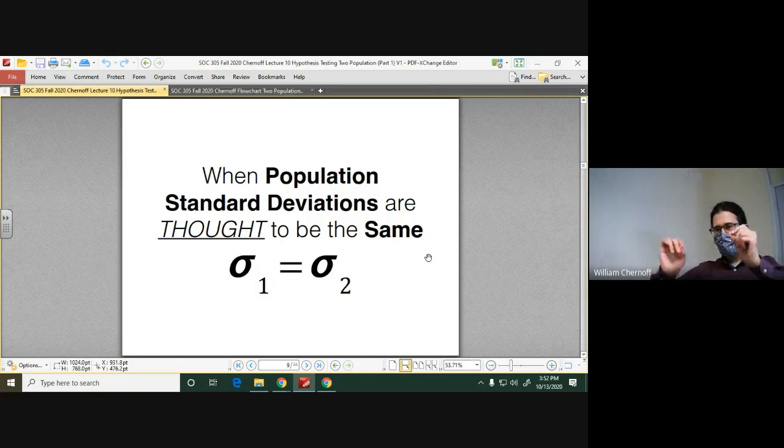So when it comes to using this method, you're going to have this path. You have to decide which one you're going to go down. You're going to have to decide whether or not you think the population standard deviations are equal or not equal. And again, think about things like consistency, inconsistency, people being erratic, or diversity. If it's equal diversity, the population standard deviations are the same. If you think one group has greater diversity than another, you would say population standard deviations are different.